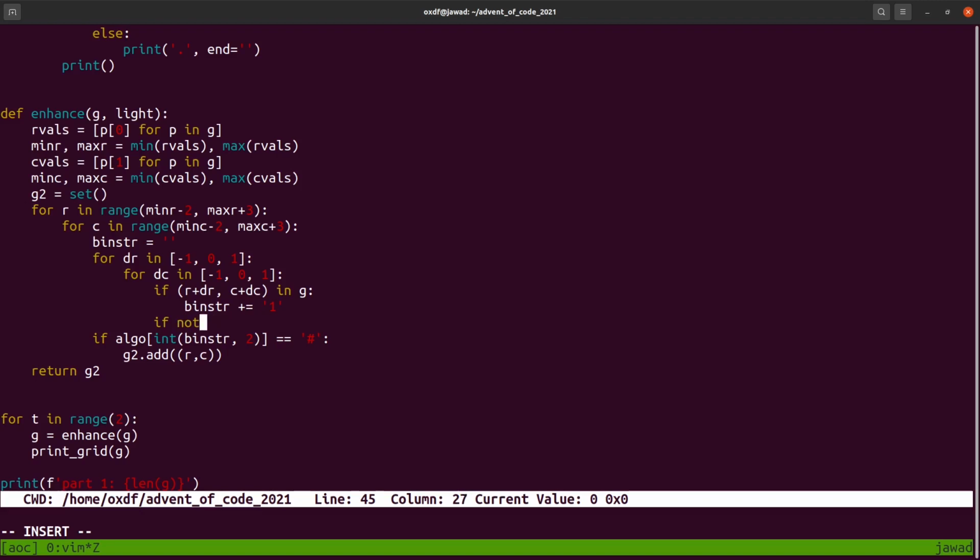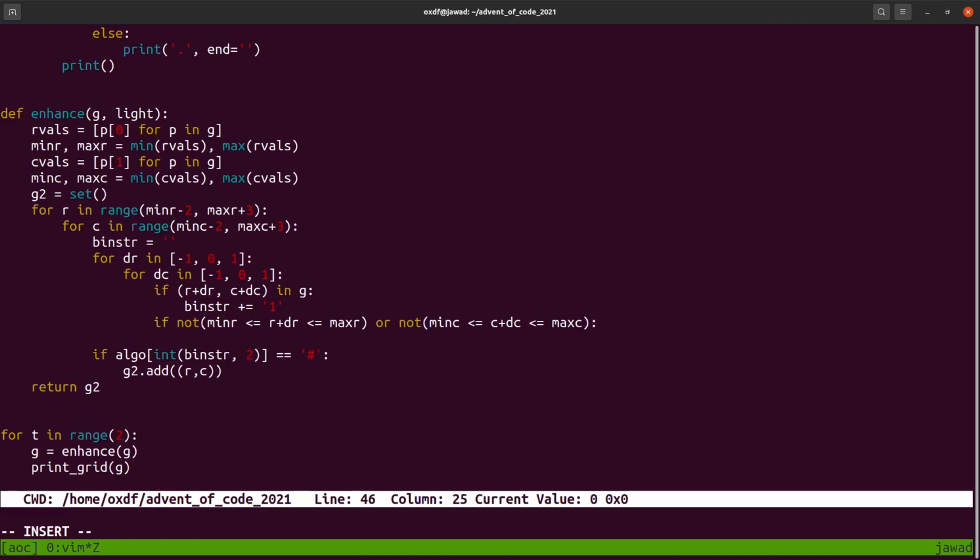If not min R inclusive less than or equal to R plus dr less than or equal to max R, or if not min C less than or equal to C plus DC less than or equal to max C. So if our point is out of our range, that we've been keeping, then